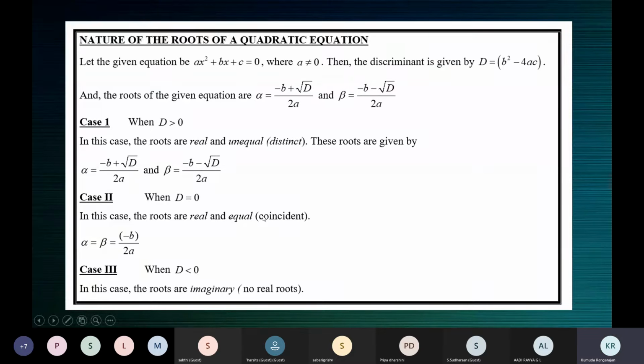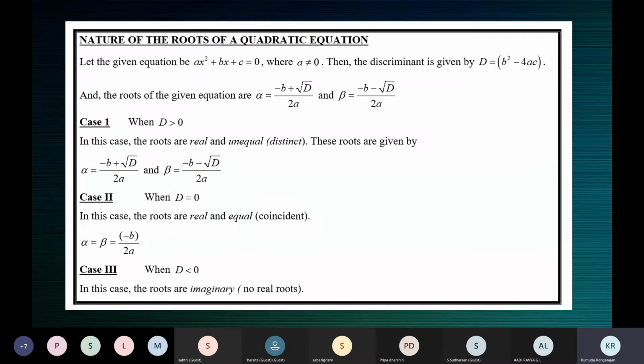Equal roots are also called coincident roots. Unequal roots are also called distinct roots. So if we simply say that the equation has coincident roots, supposing you come across that information, the quadratic equation has coincident roots, you should not ask if it is real or not real. Only if it is real, you can say that the roots are coincident. Coincident roots means their roots exist and they are coincident.